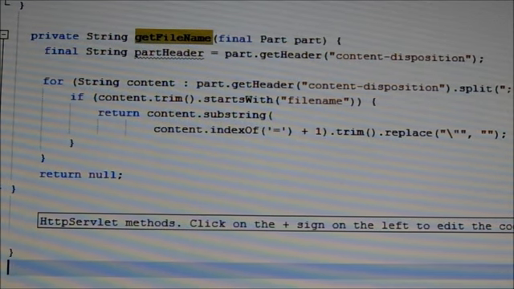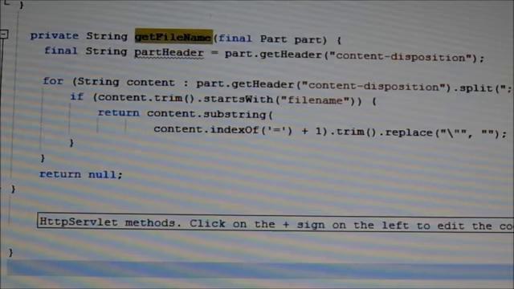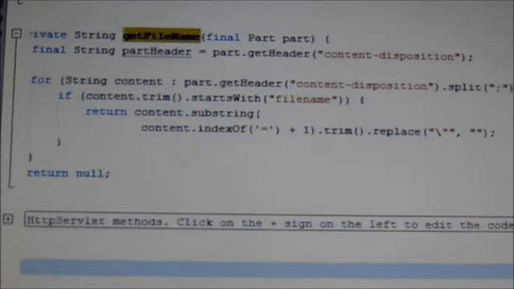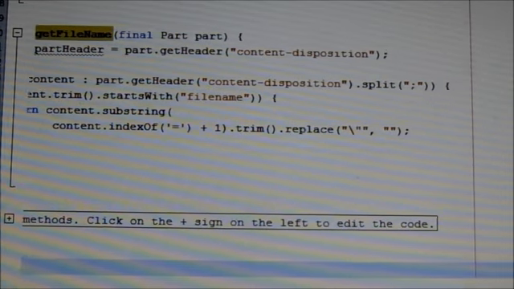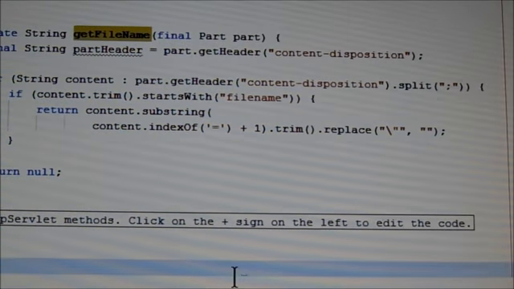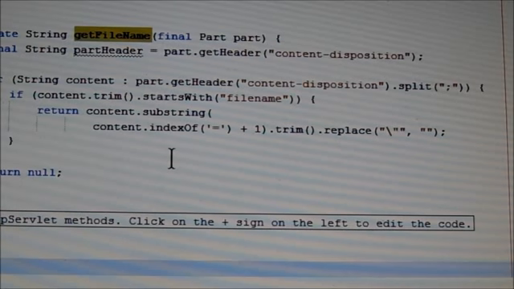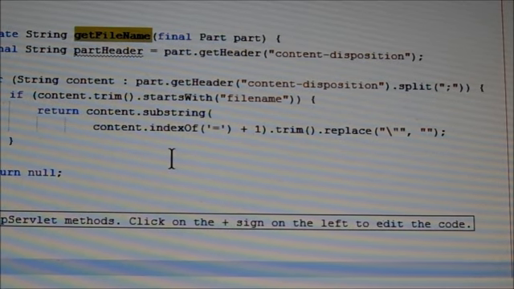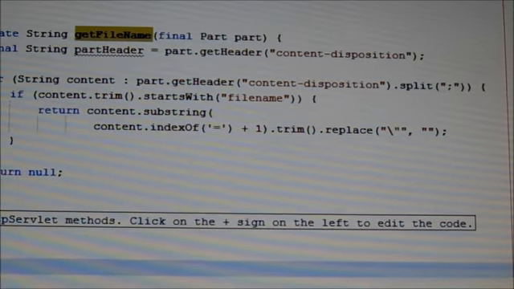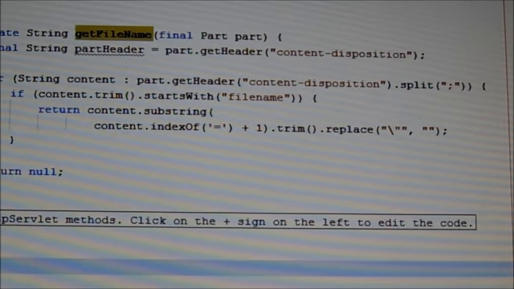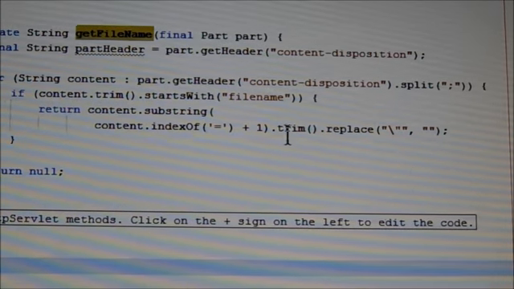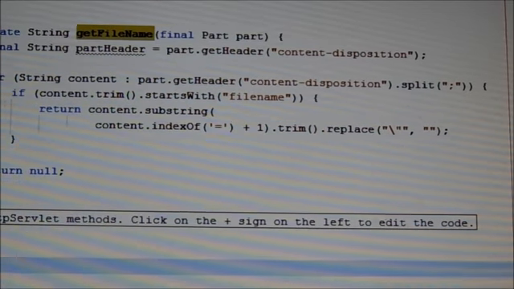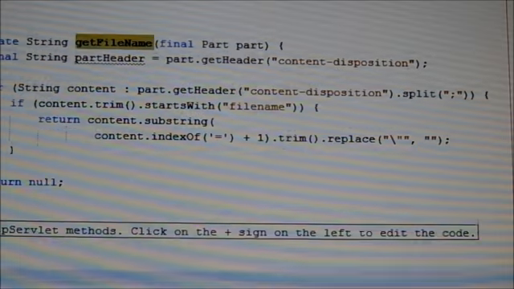Suppose I split with a semicolon, then the header is split at each semicolon. And then content.trim, if there is any unnecessary space, this function trims it. And content.indexOf is used to find the index of the filename.